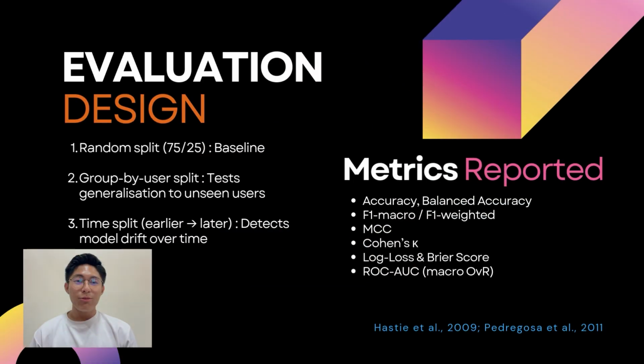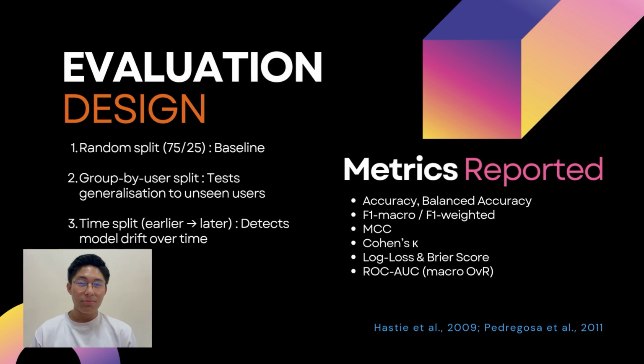For this project, we evaluated our models using three complementary strategies. First, we applied a 75-25 random split, which served as our baseline performance check. Next, we used a group-by-user split to test how well each model generalized to completely unseen users, an essential requirement for real-world IoT applications. Finally, we performed a time-based split, allowing us to examine how stable and consistent models remained when predicting across different